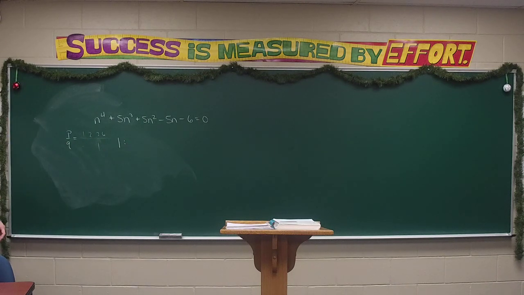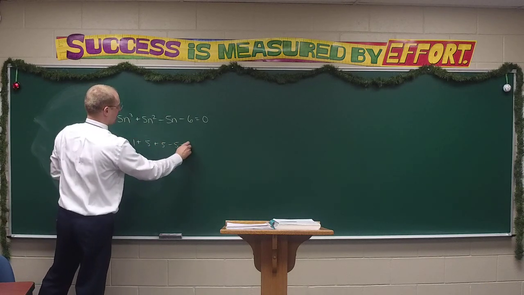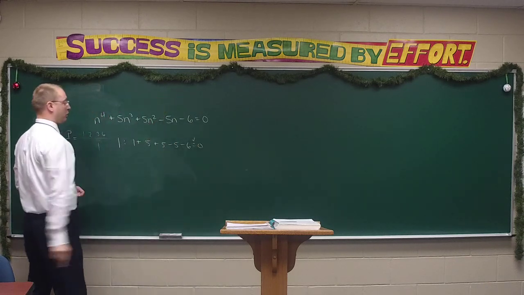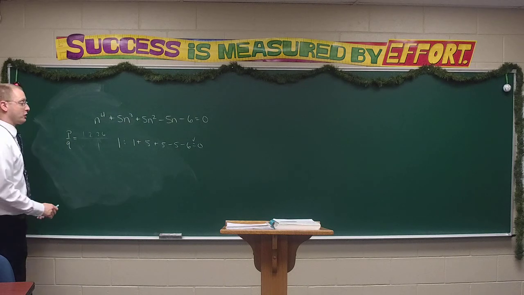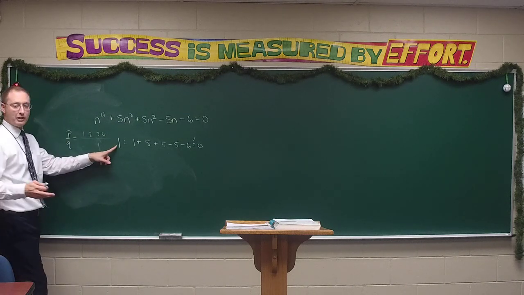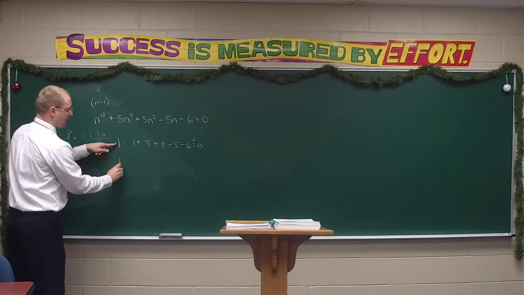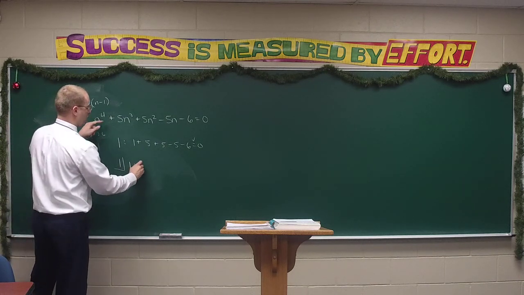Did the 1 work, Kendall? Yeah, 1 plus 5 plus 5 minus 6 does in fact equal 0. So we got lucky on the first try. We're going to take this root. By the way, what would the factor be, class? N minus 1 would be a factor, but the positive 1 root we're going to put next to